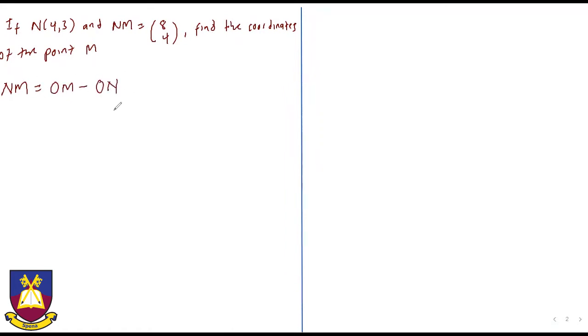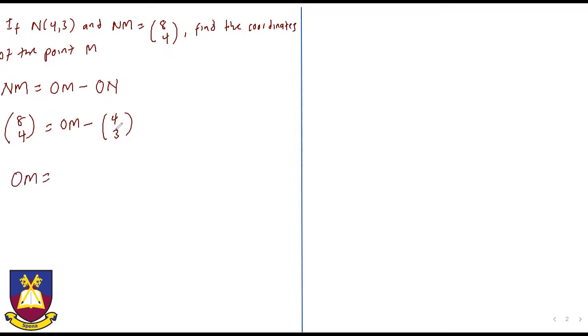For this particular case, we're looking for the coordinates of the point M, which is OM, the position vector of M. So we're going to substitute. We know NM from the question, (8, 4) is equal to OM, we don't know OM, that's what we're looking for, minus ON, which is (4, 3). We're going to try and make OM the subject,